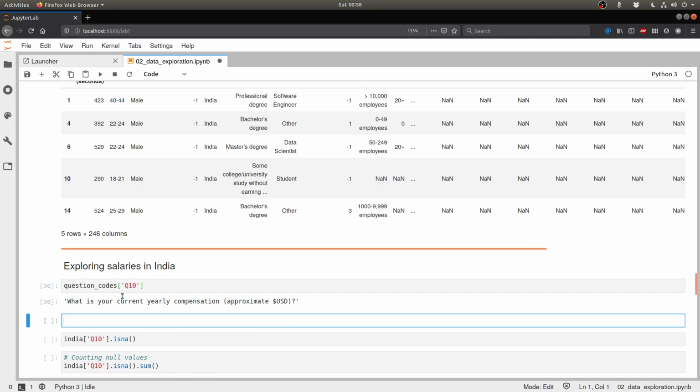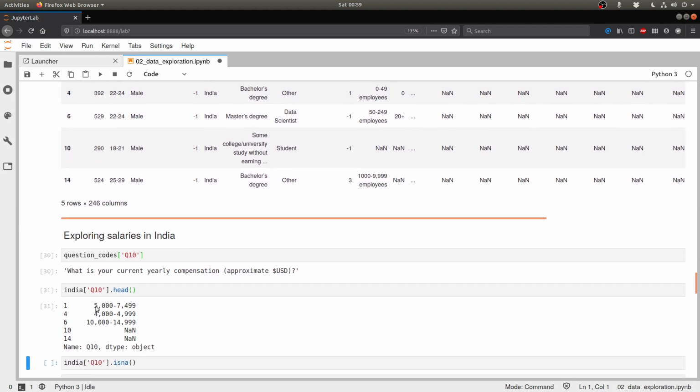So let's take a look at what this data looks like. Head, and basically you see that it gives us a lot of values. It's basically not single values but ranges of values. The first respondent is saying that their yearly compensation in approximate US dollars is $5,000 to something like $7,499.